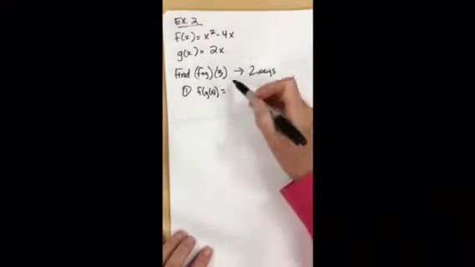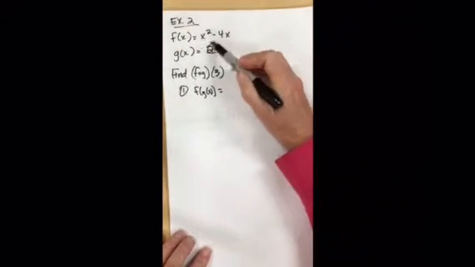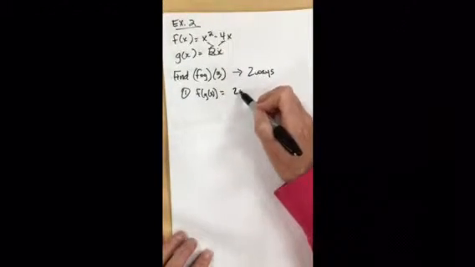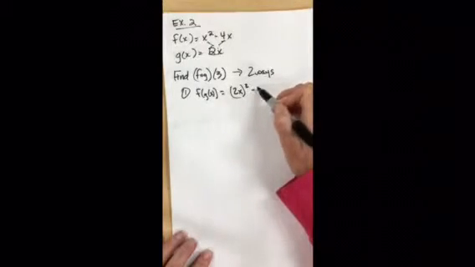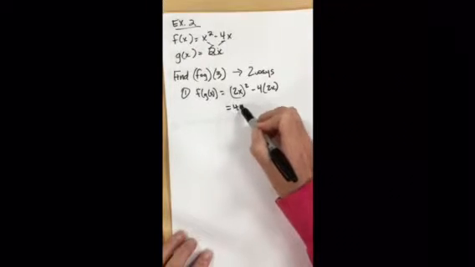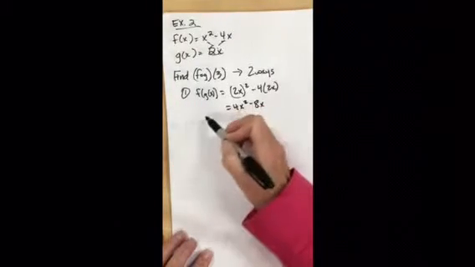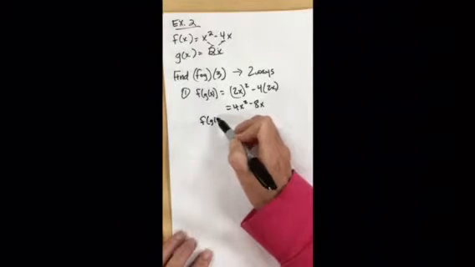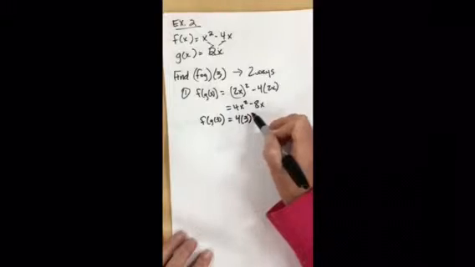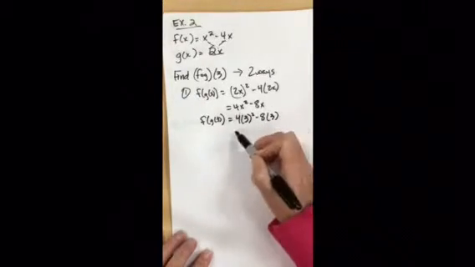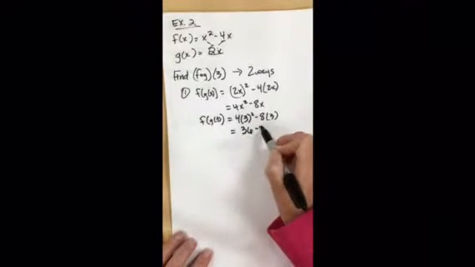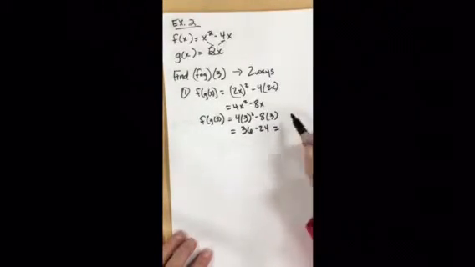So if we find f of g of x, remember we put this in for each of the x's, and we have 2x, the whole thing squared, minus 4 times 2x, and we get 4x squared minus 8x. Then to find f of g of 3, we put the 3 in here for x,